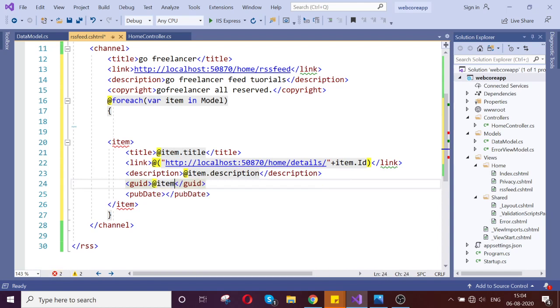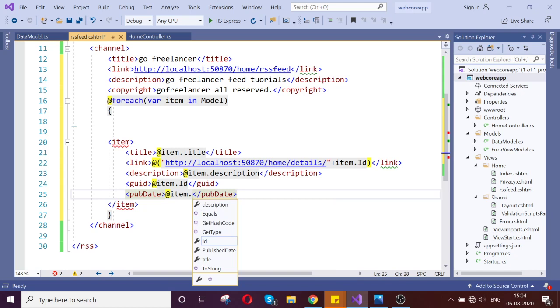I'm going to pass the ID here, and publish date is item dot publish date.